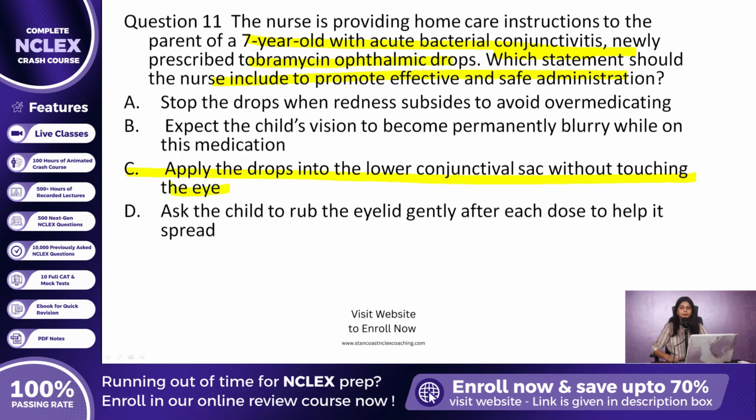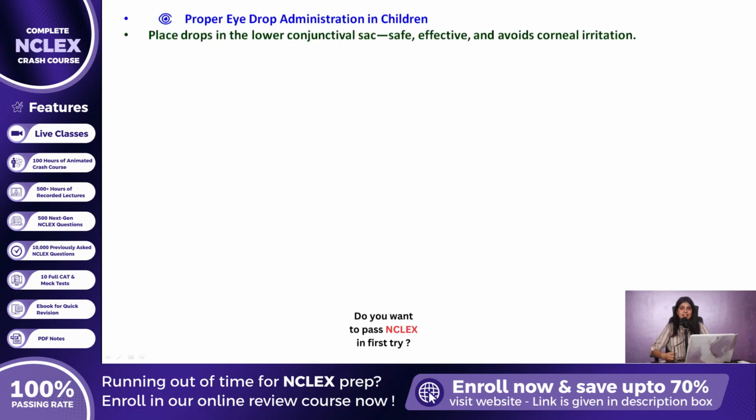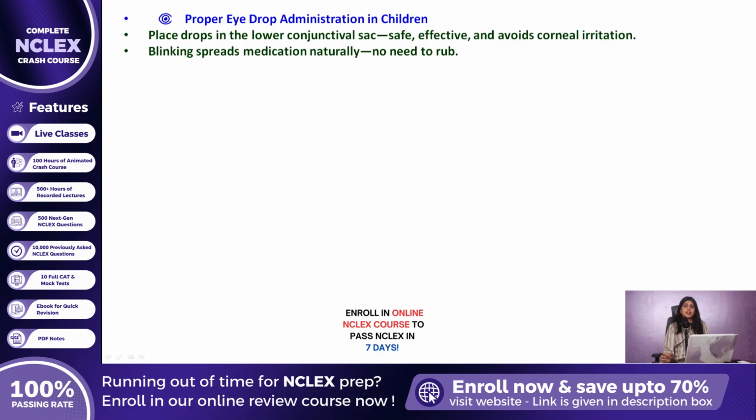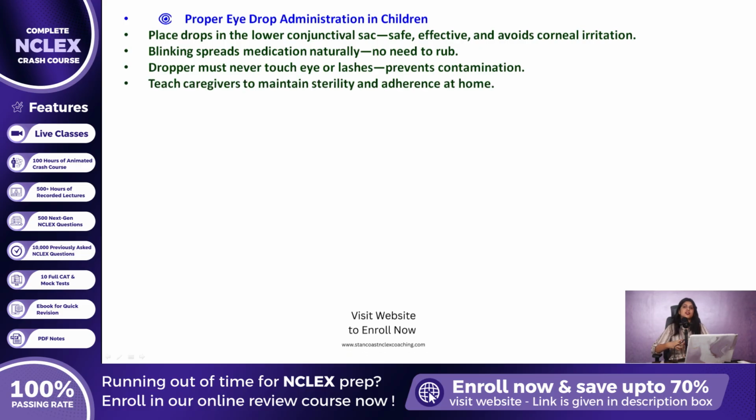Now, let us break down why this simple technique makes such a critical difference. Administering eye drops into the lower conjunctival sac is the safest and most effective method, because it allows the medication to evenly coat the surface of the eye without directly irritating the cornea. Pulling down the lower lid creates a small pocket that holds the medication in place, and natural blinking will help distribute it without the need for extra manipulation, emphasizing to caregivers that the dropper should never touch the eye, eyelid, or lashes helps prevent contamination and reduces the risk of introducing new pathogens. It also ensures that the dropper tip stays sterile throughout the course of treatment, protecting both the child and the